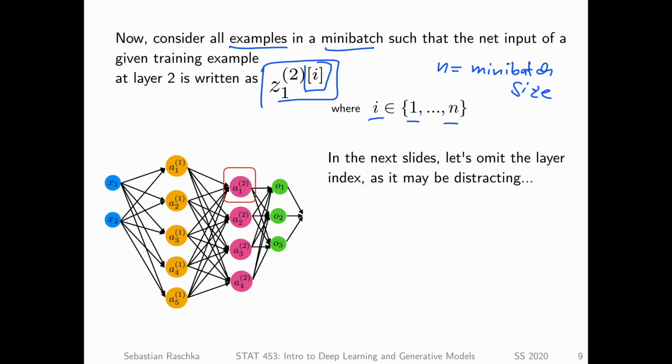You can't really see this in the network because in the network we have something just for, let's say, one training example. We have just a general concept of where the net input is, but we don't have the different training examples shown here. Here the figure just applies to one training example. But now let's assume we have computed this value for each training example in the mini-batch. So I is the index for the given training example.